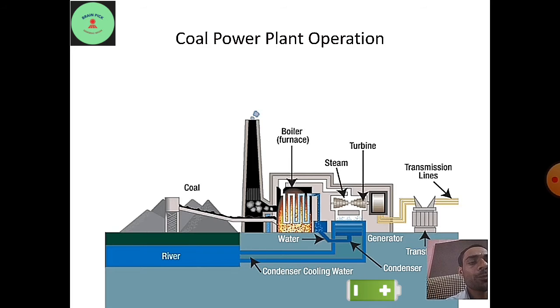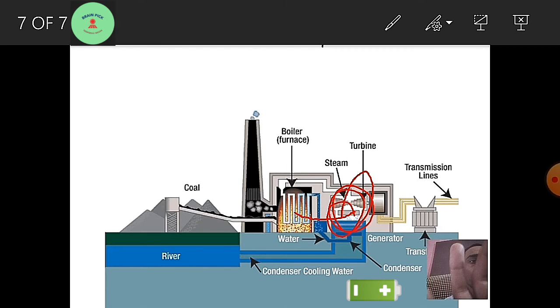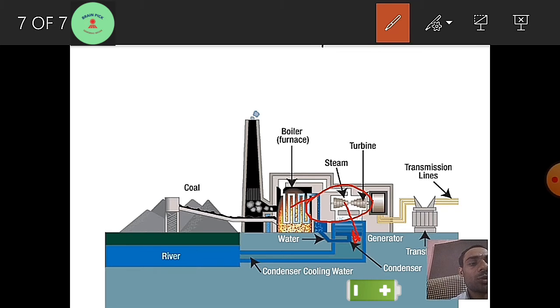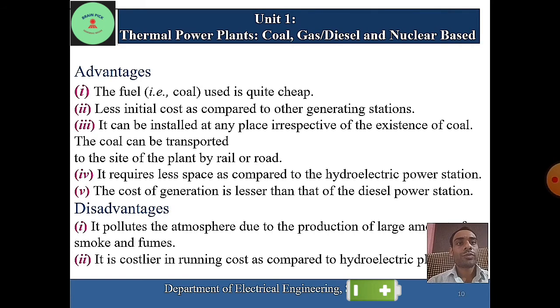So here, after the conversion, that is when steam energy is converted into mechanical energy, the exhaust steam is given to condenser. So steam is nothing but the gas form of the water. So you can convert steam into water, and it is given back to the water source, so that the steam can be reused. Advantages of coal fired or a steam power plant.